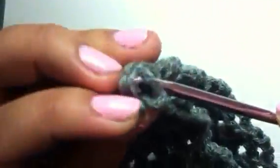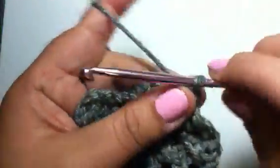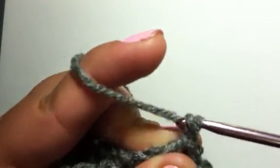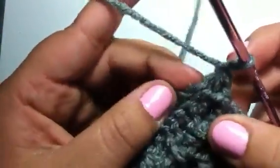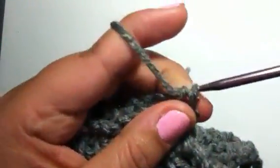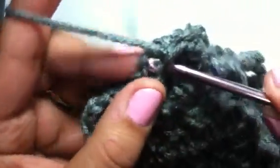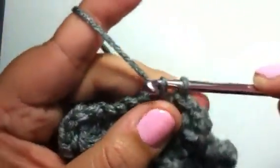So what you're going to do now is, I'm actually going to do it this way, and you are going to slip stitch it together. Just pull it through and slip stitch. And you don't have to do it at every single one, but you want to do it maybe every other one, or at least random, but enough that you are securing it all together. So just gonna kind of get through there, and it's not a single crochet, it's just a slip stitch,